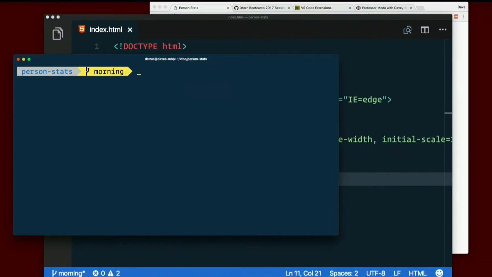Forget I ever did that. Git add index.html. Very good, very good. So now if I write git status,